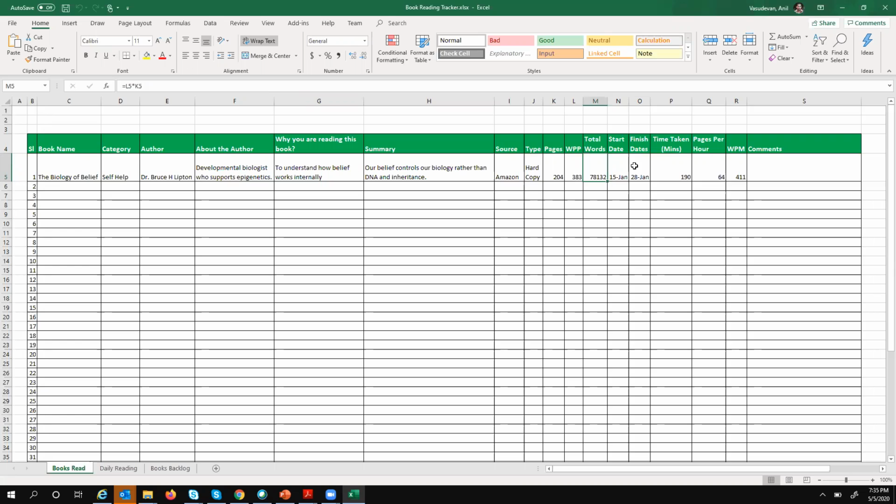And the start date and end date, and you can mention how many minutes you took to completely read this book, what the pages per hour was, how many pages you were reading per hour, and what the words per minute was. That is the type of information you can put there. You put the same thing for all the books you are reading.